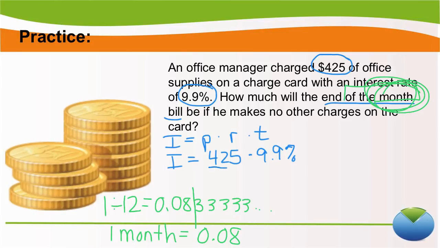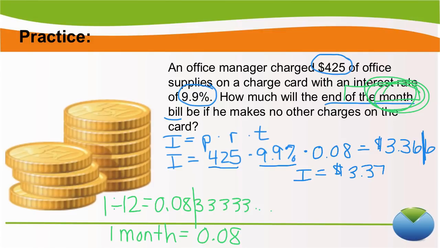We had the money times the percent using the percent sign. And for 1 month, we are always going to use this number. So go ahead and type in your money, 425 times 9.9 and hit your percent key, times the decimal for 1 month, and you're going to get 3.366. But that doesn't look right for our money system. Remember, we can only have 2 decimal places. So our interest is going to round to